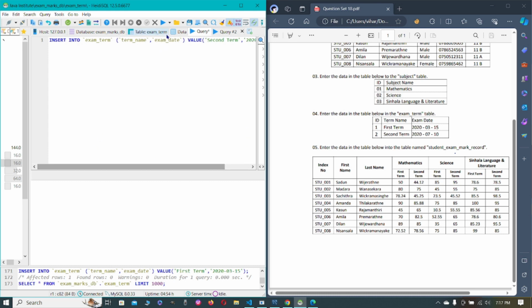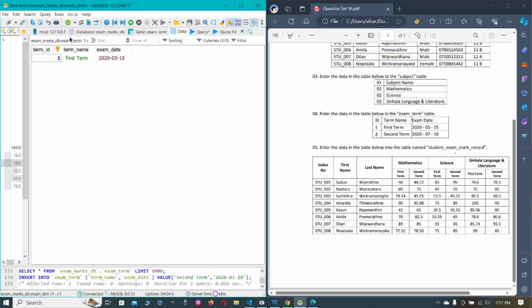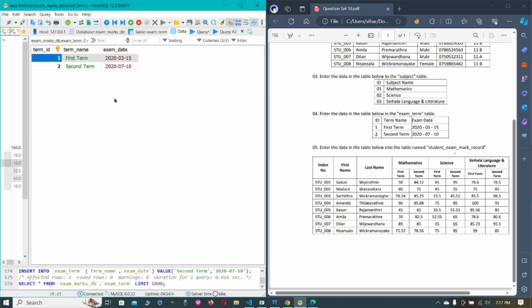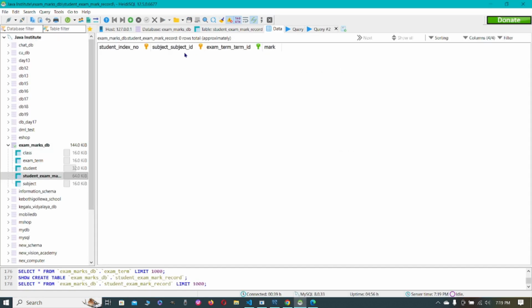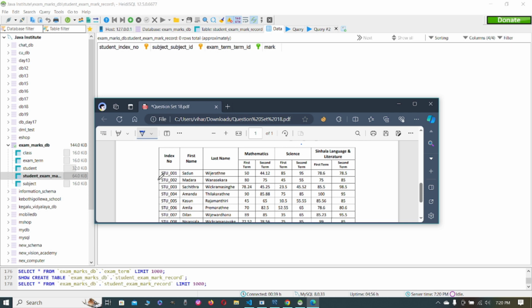Let's execute it as well. As you can see, we have successfully inserted the second row as well. Let's see the fifth question. Enter the data in the table below into the table student_exam_mark_record. As you can see, there are only four columns, which means we only insert data of